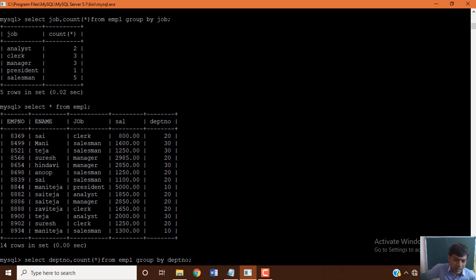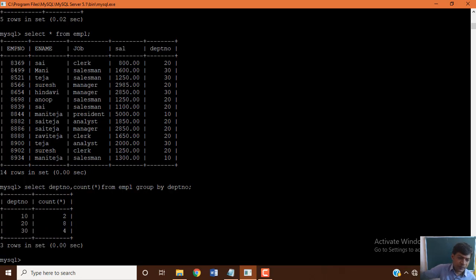Now if you want to count, category wise department, the total number of employees in each department, how can we get that? By using group by clause, and you can specify one particular column or a group of columns. Now we use department number. Let's see. So department number, there are 3 types of departments, 10, 20, 30. Under each department, how many employees are there?